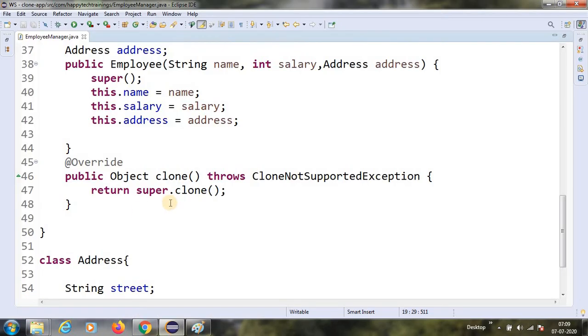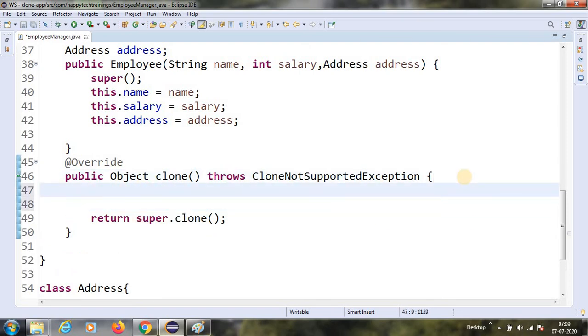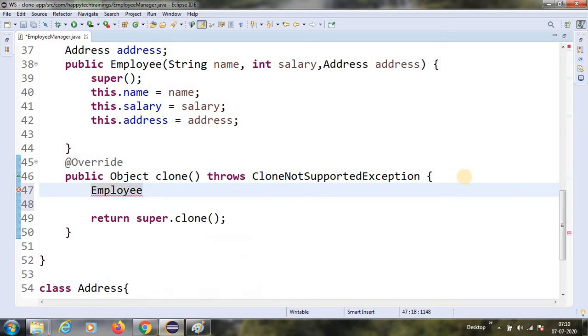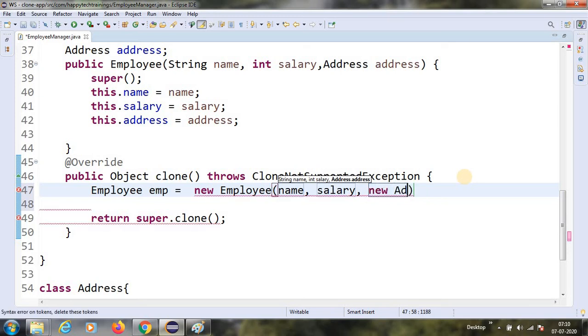Let us write the code for getting the deep copy. So what I will do is I will create an object here. Whenever we are doing new employee, here I will be passing name, salary and address. So instead of passing address, I will be passing new address.